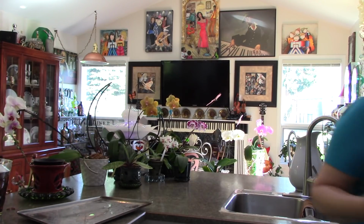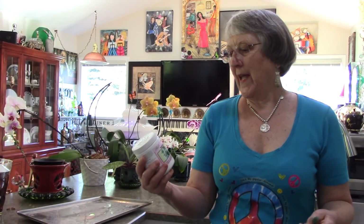Right now, they're all getting the same fertilizer, and this is one I've had since I first got my orchids. It's the one I told you about last time. It's Plant Prod, 15-15-18, so it's all-over care. So even though some of the orchids are going into their 5th month of being in bloom,